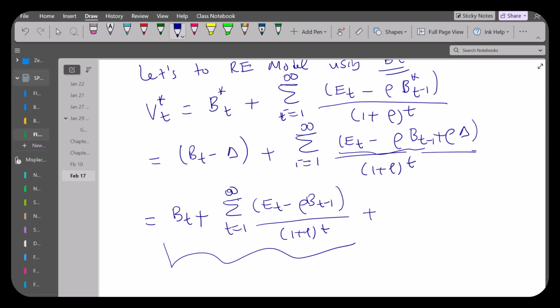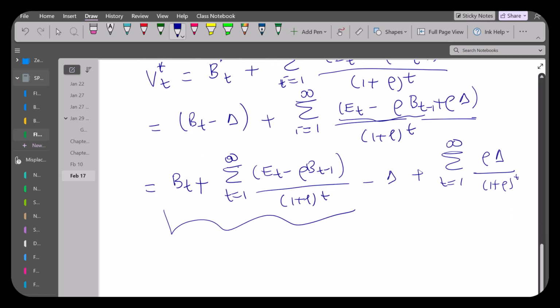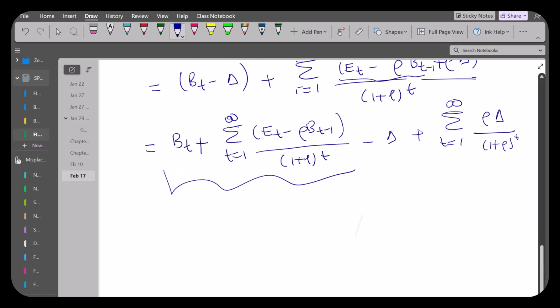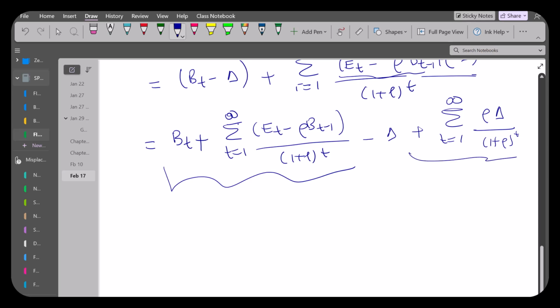Oh, plus you have minus delta, plus the sum from t equals 1 to infinity of rho times delta over 1 plus rho raised to the power t, or this part is,